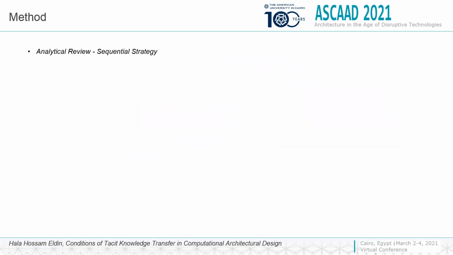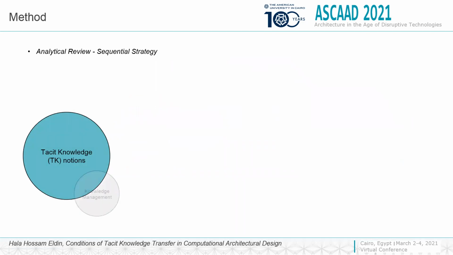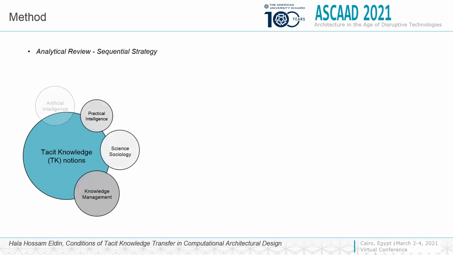This paper conducts an analytical literature review that adopts a sequential strategy comprised of three main research goals building conceptually upon each other. The first goal is to identify studies that investigated the definitions and meanings associated with tacit knowledge in different disciplines. The second goal identifies studies that related tacit knowledge to the architectural discipline, especially the ones concerned